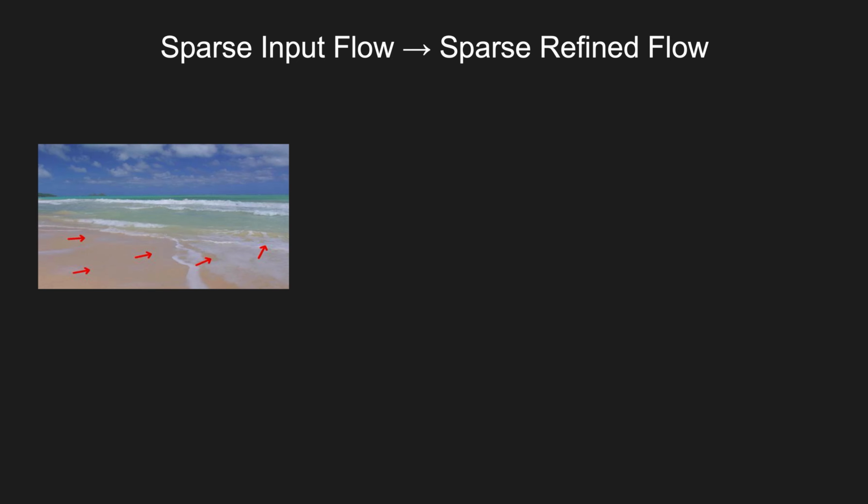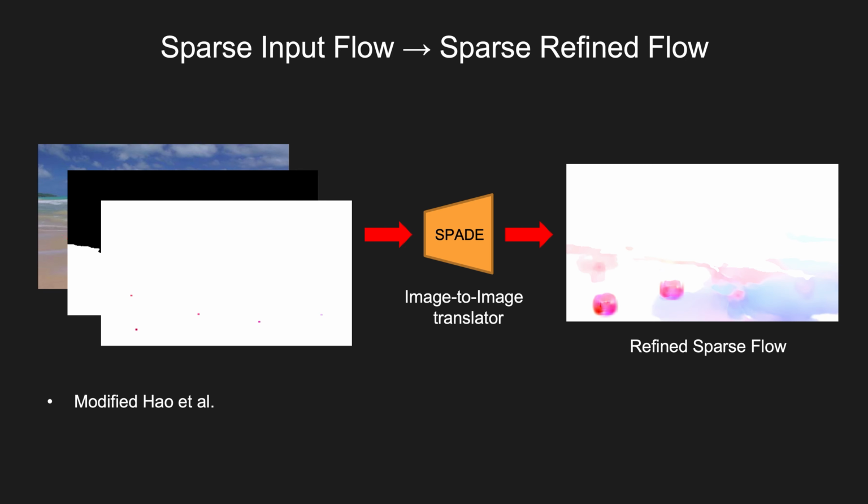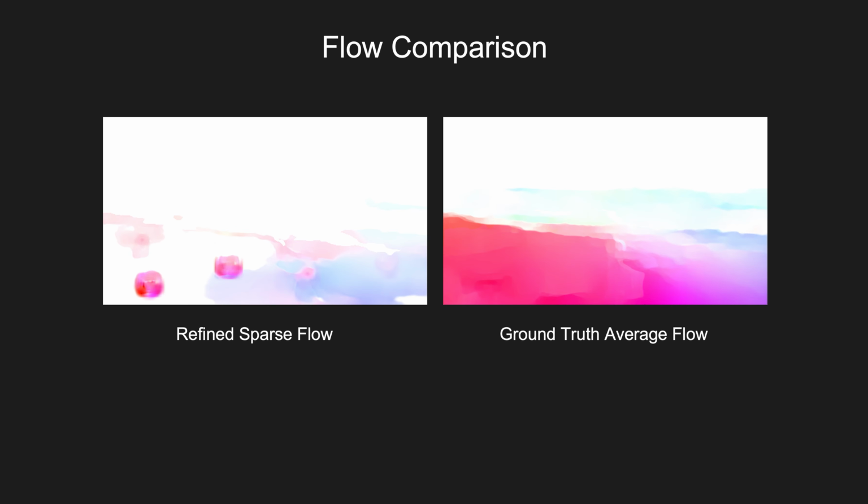Similar to Hoensky et al., we also predict a constant optical flow for generating the video, taking the input image, the mask of the region the user wants to animate, and the sparse input flow. We use an image-to-image translator to generate a sparse refined flow. This is inspired by Howe et al., where they use input sparse hints to generate dense optical flow for video generation. However, we see that the generated refined sparse flow is very different from the ground truth average flow and